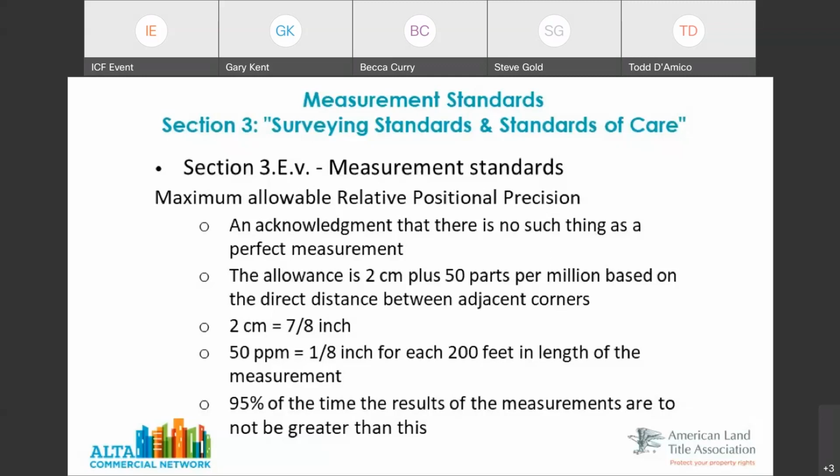And then we have to throw in this statistical thing that the way statistics works is we can't assure something 100% of the time. And there is always a compromise between what's an acceptable error at what percentage of the time. I could give you 99.7% of the time, but the amount of error would be greater. I could make a very small allowable error, but it's only going to be maybe 50% of the time. So there's this compromise, and 95% is actually 2 standard deviations.